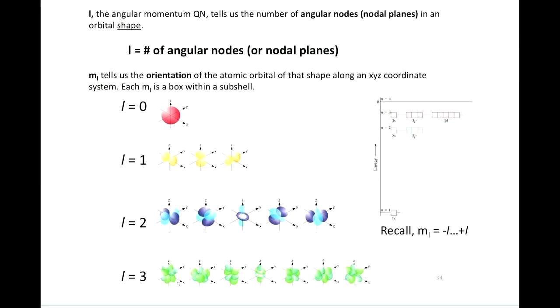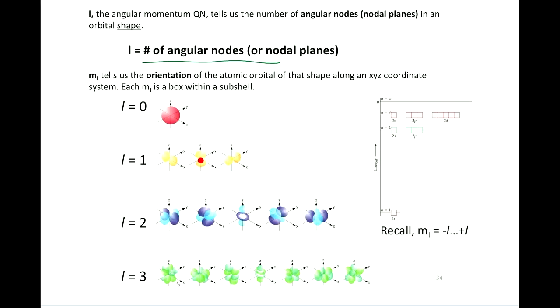All right, so let's remind ourselves of the L quantum number, the shape one, where L is the number of twists in our balloon animal. But I mentioned before that the L quantum number is also the number of angular nodes in that orbital shape. So we know L of 0 is S, L of 1 is P, D, etc. Those shapes are actually related to the number of angular nodes in that shape. It's how many times we twist that balloon animal. So those are the different shapes that we have.